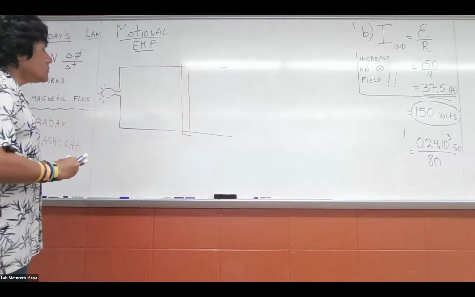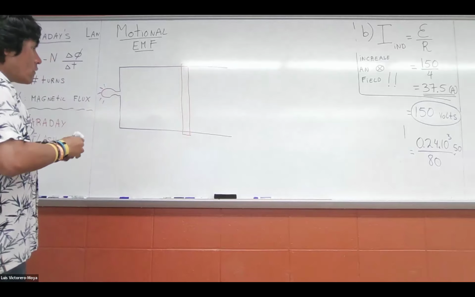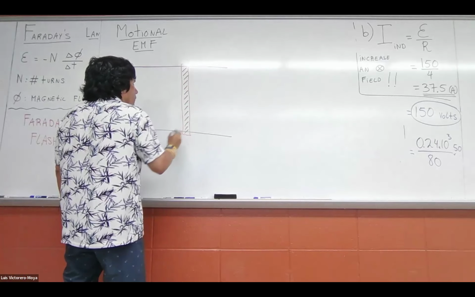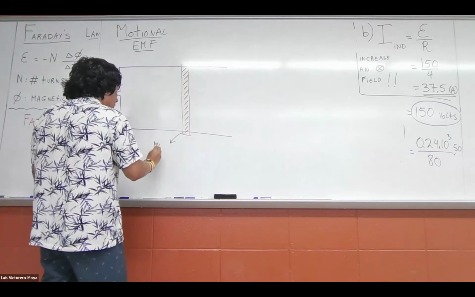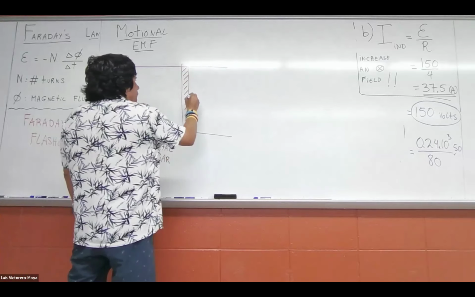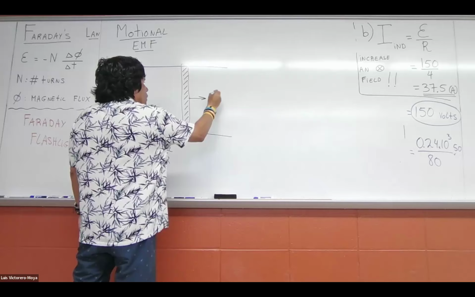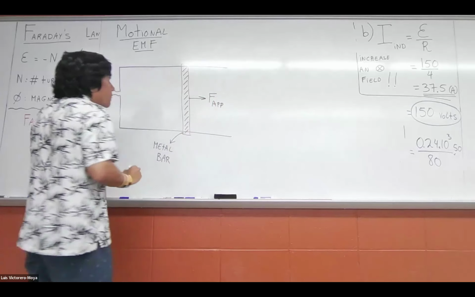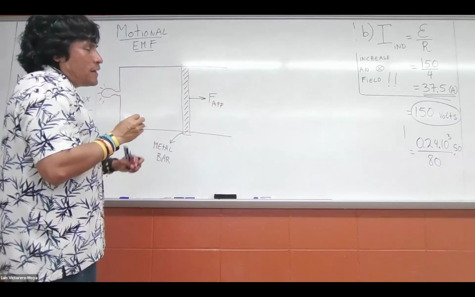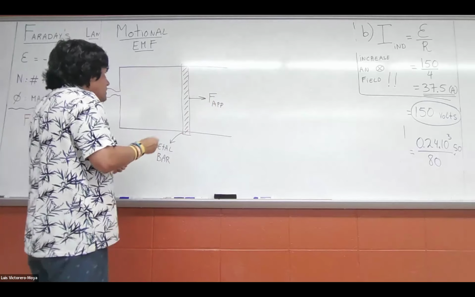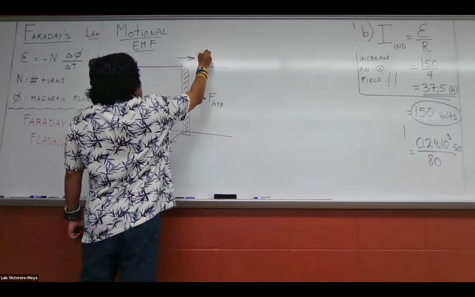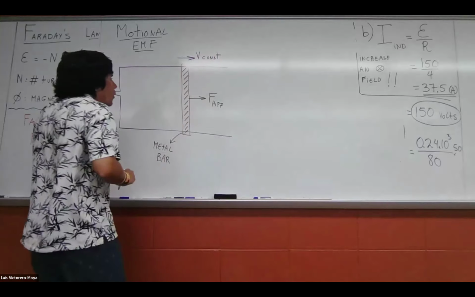Okay. So the idea is that we are going to apply a force to this metal bar. We call this a force applied. And you see that there is a force in there, so you will expect the bar to accelerate. But the experiment is going to be done in such a way that the speed of the bar is constant. How? Because